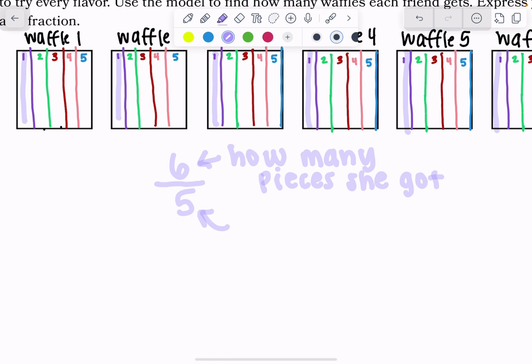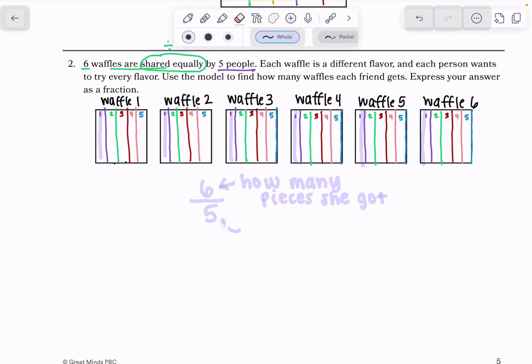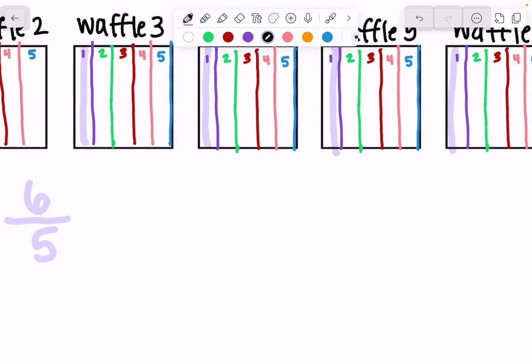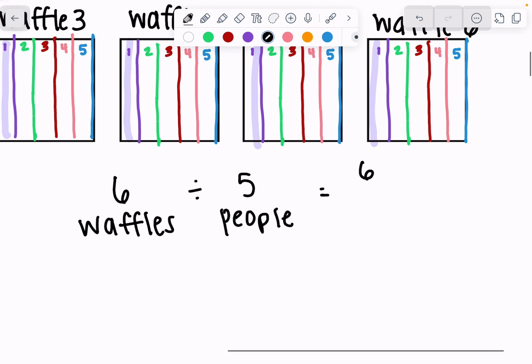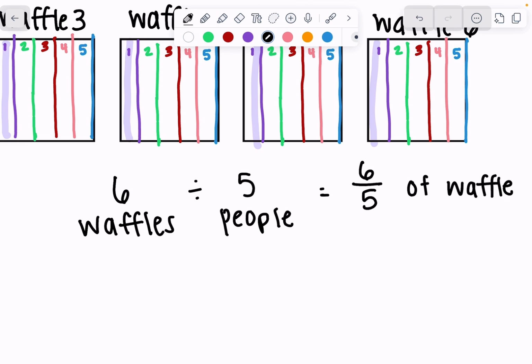So, sorry guys. So if you looked right here, we had 6 waffles, right? We had 6 waffles. We needed to divide that among 5 people. We need to share it equally among 5 people. And so each person got 6/5 of a waffle. Okay? So each person is going to get